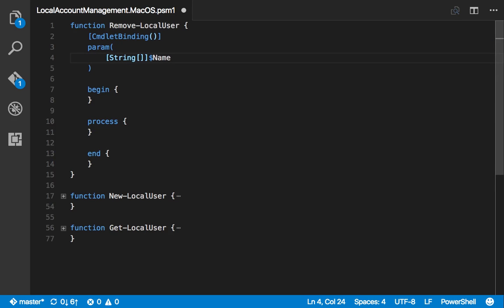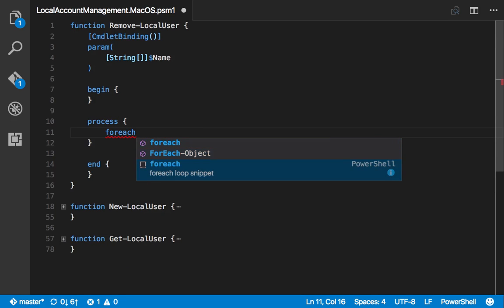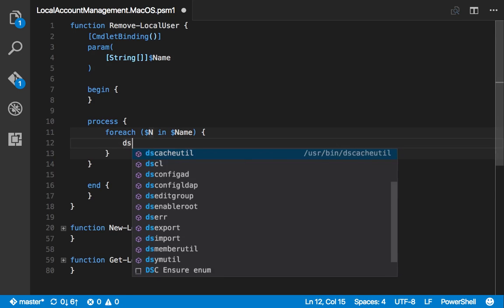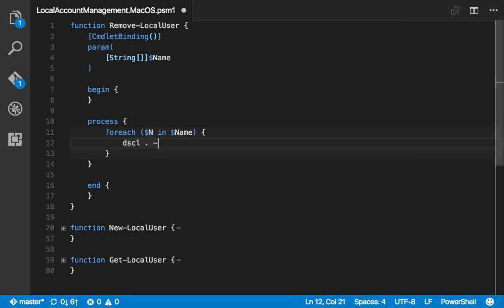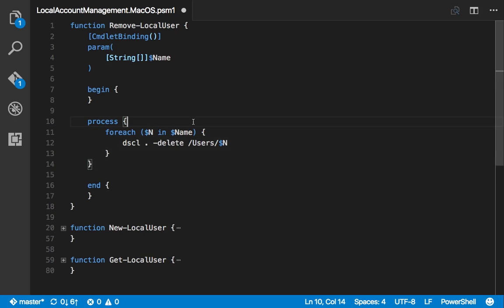We'll go right to this process block, and we'll loop through everything in that name parameter because it accepts multiple values. And there's really only one command that we need to run. We'll use the DSCL command with the delete parameter, or actually I believe they call it a command in the man file, but in PowerShell world that would be considered a parameter. And that's simple. We're basically looping through all the names that were passed through and running this native DSCL command